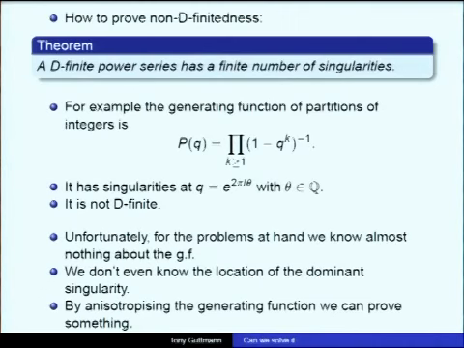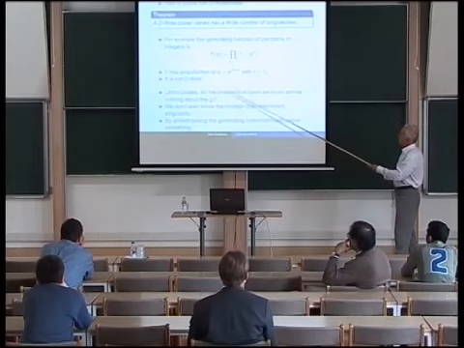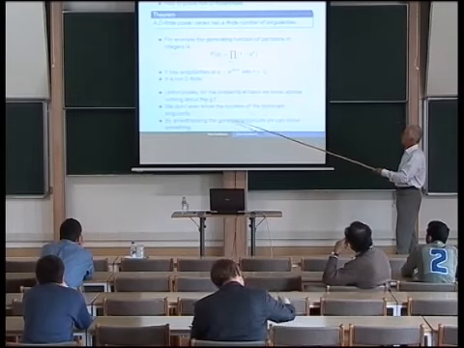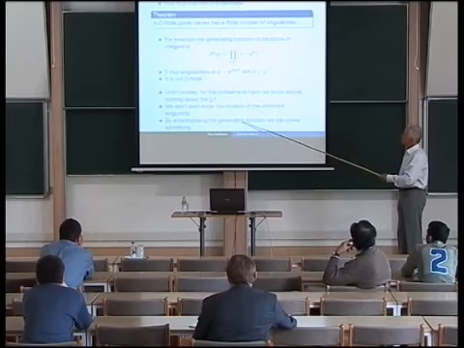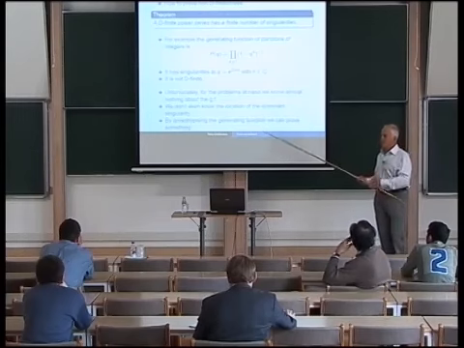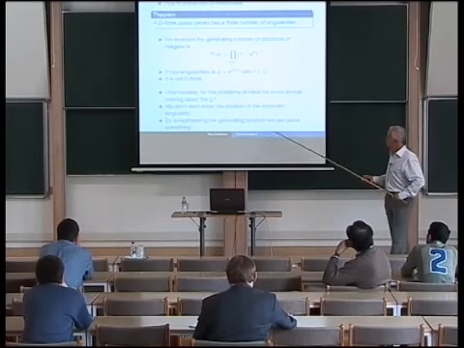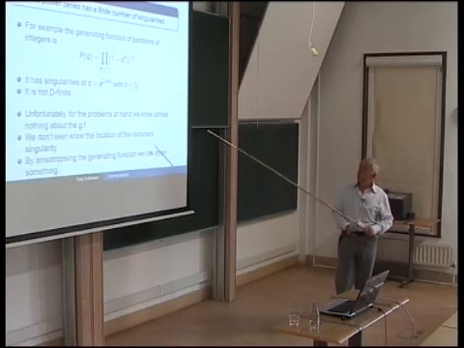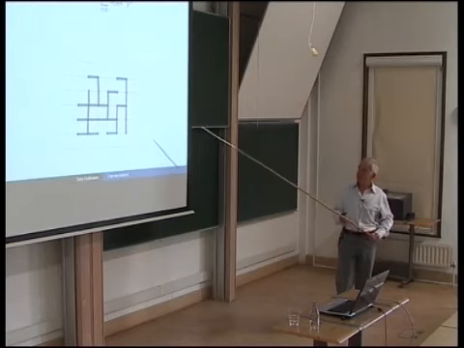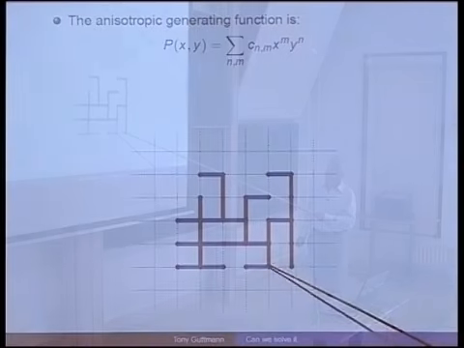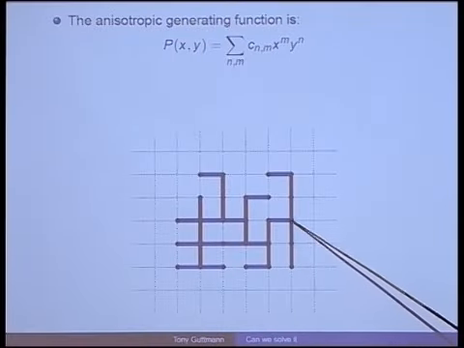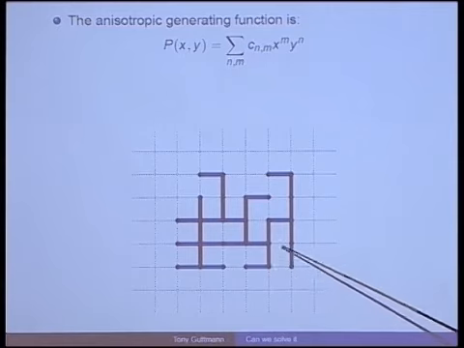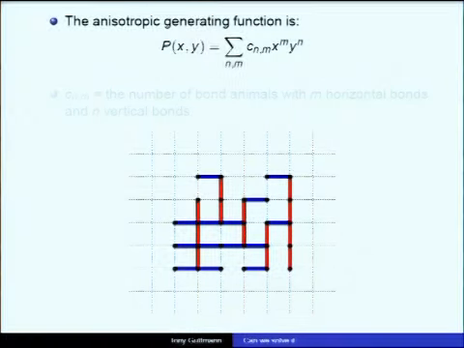As I say, for the problems at hand, we know almost nothing about the generating function. We don't even know the location of the dominant singularity. But my point is that, yet another example, if you try and make the problem a bit more complicated, you can prove something. And what we do to make it more complicated is to make it anisotropic. That is to say, we distinguish between the horizontal and vertical bonds, as I've done here. And for those of you that are colourblind, the horizontal bonds are blue and the vertical bonds are red in